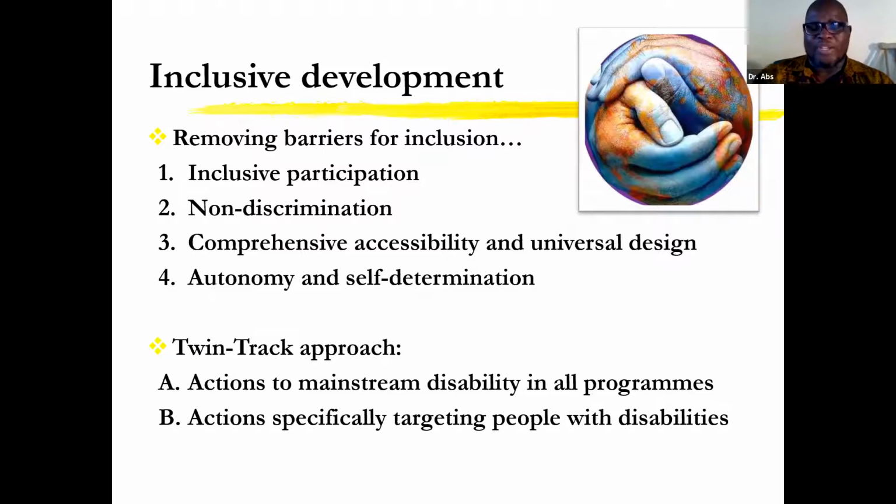And I think above all of this, it's about making sure that we take a twin track approach in Sierra Leone, particularly because we have a situation in Sierra Leone at the moment where people are saying we have to go full mainstream. The other paradigm is that no, we have to maintain special needs schools. The other one says no, we need to close special needs schools. I think the important thing is making sure that we have a twin track approach. We can, for example, in Cheshire Home, we have children who are schooled with non-disabled children in the home. And then later on, our disabled children go to external schools, making sure that they're mainstream in that action.